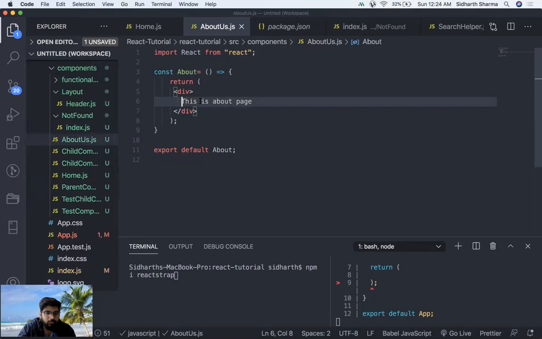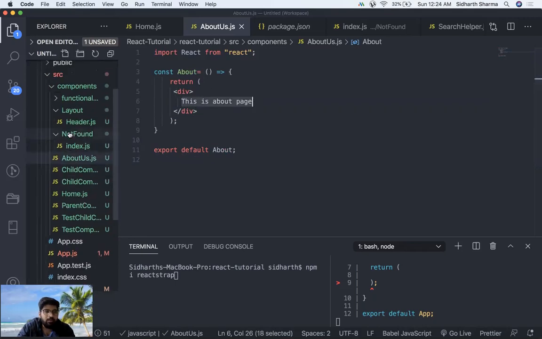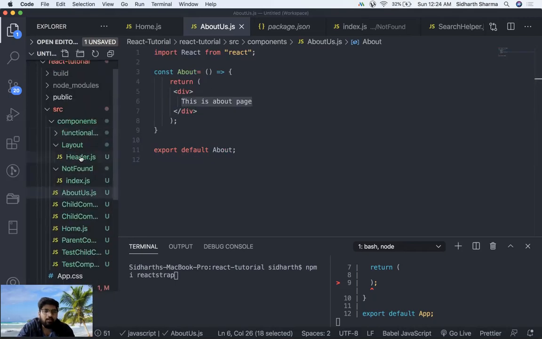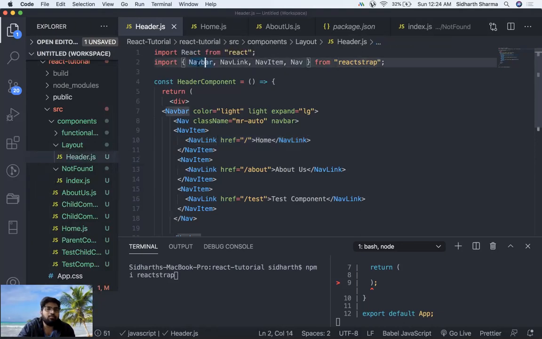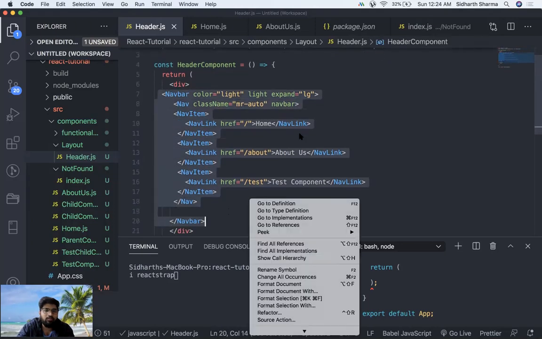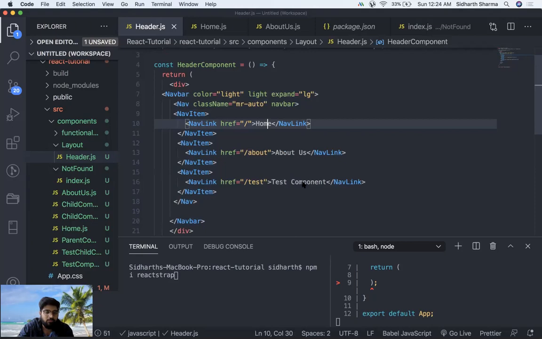This component will display only this is about page. Then there is a Test component with me, and a Header component. Header, footer, all these kinds of components I put inside this layout folder. In the Header component, as I already discussed, I have used Reactstrap and imported Navbar, NavLink and all. This will create a navigation bar which has these links: Home, About Us, Test Component. And these are the URLs for those links.